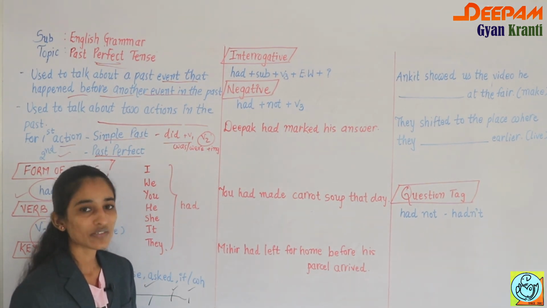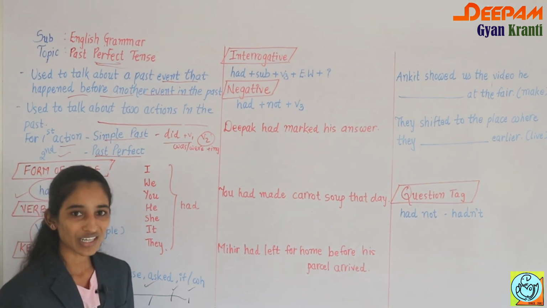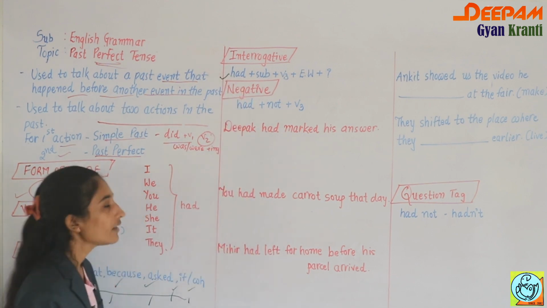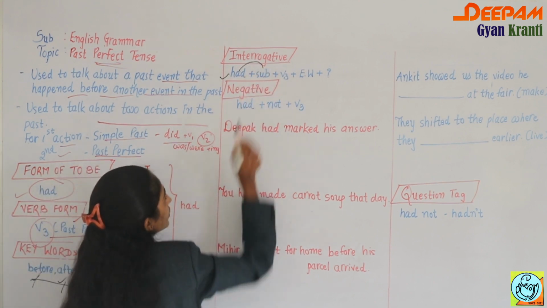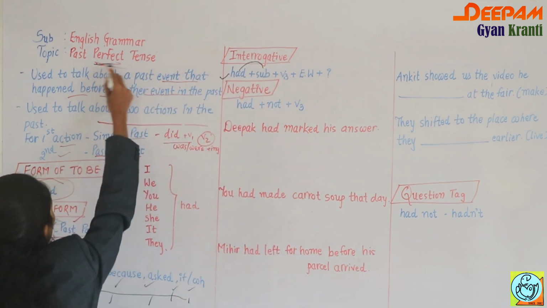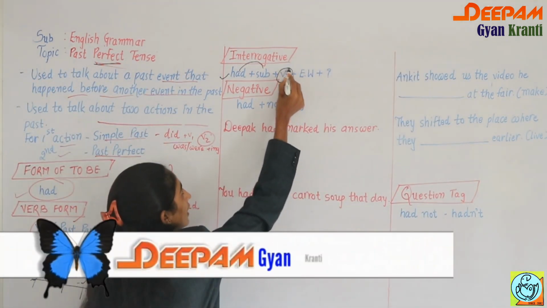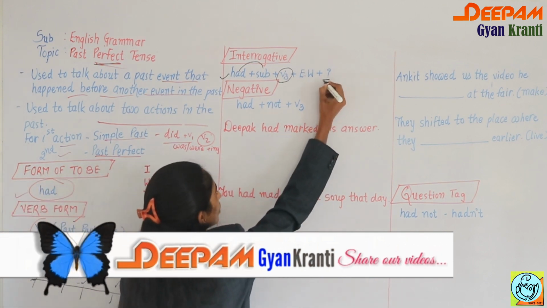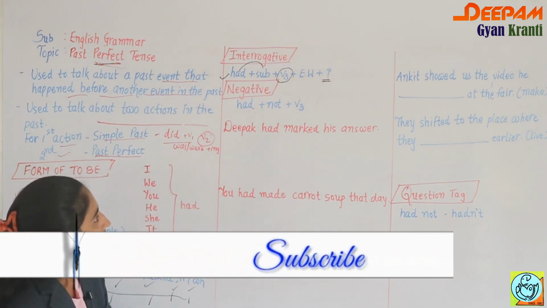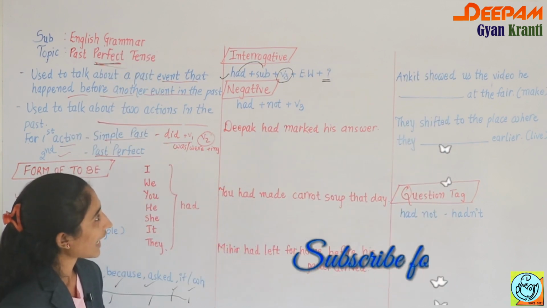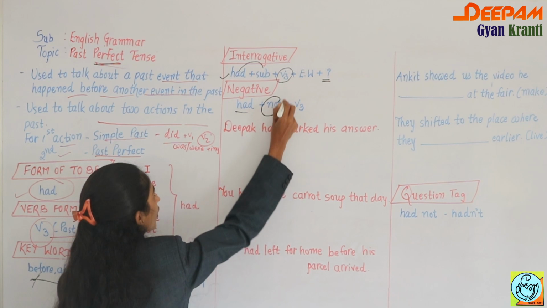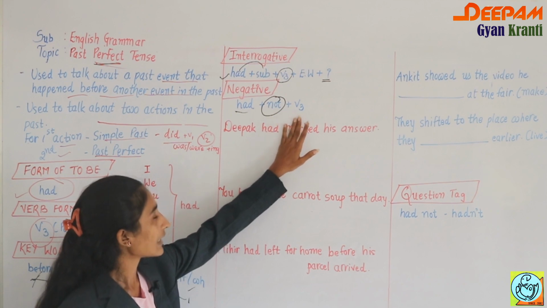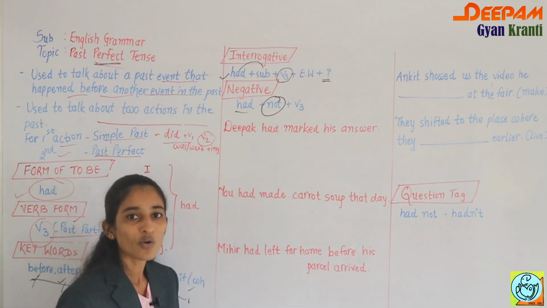Then comes, as the pattern we are following, the interrogative sentence. So definitely the form of to be. Which is the form of to be? So had. So had comes forward. Then after the to be form we have to use the subject. Then we are forming the perfect tense, meaning we have to use the past participle, that is V3. Then extra words, and definitely we are forming an interrogative sentence, so you have to use a question mark. Then comes the negative. You know very well now that after the form of to be we have to add not, and then comes the perfect tense, so we have to use V3, that is the past participle. So had plus not plus V3.